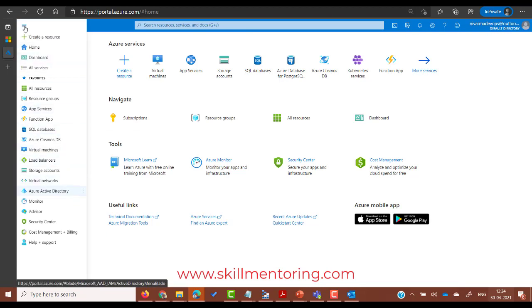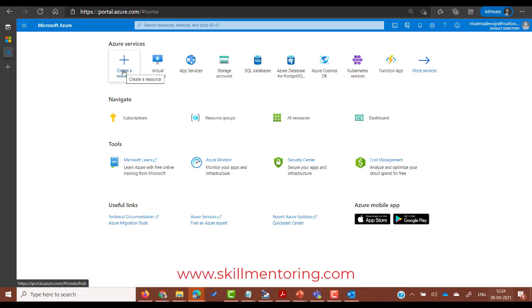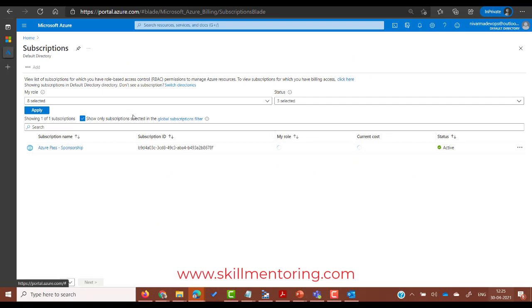and I can go to all the shortcuts or favorites that are available to me. I can use this create resource button to create resources. Some of the frequently created Azure services are available to us over here. If I click on subscriptions, I shall see that I have a subscription and right now it is active, and this is my Azure Pass subscription. So now you are up with your Azure subscription, and once this Azure subscription is ready, then you can follow the instructions for the respective trainings to set up or create services further.